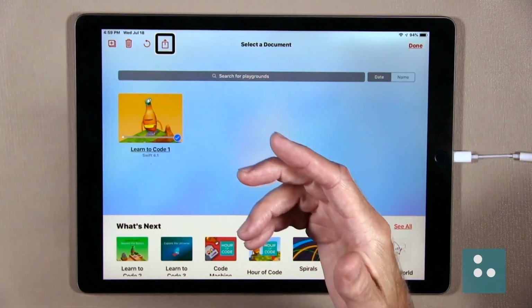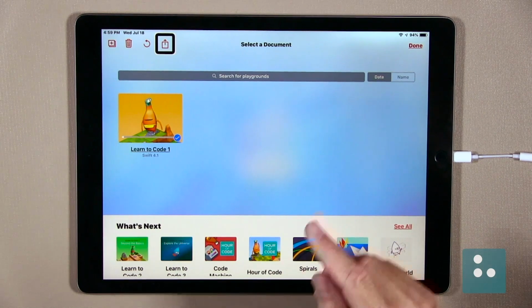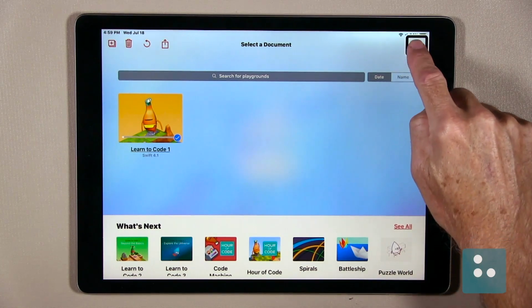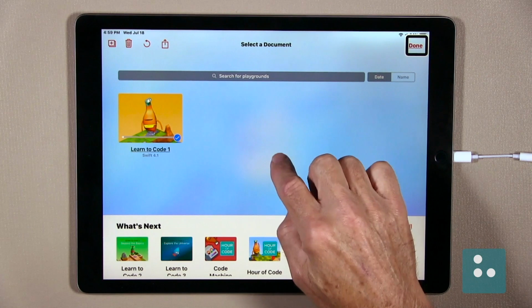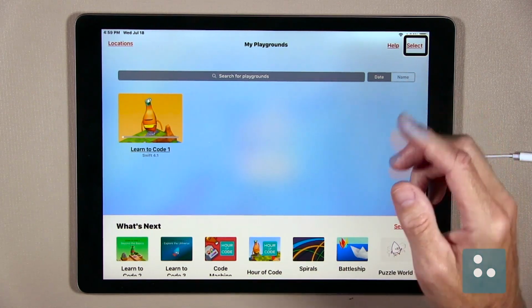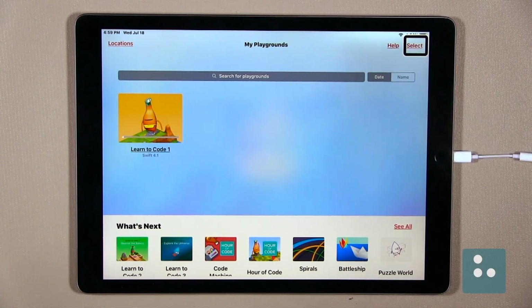And since we have finished checking them out, we'll just activate our Done button here in the top right-hand corner of our screen. So we'll just touch our Done button. Done button. And we'll just single finger double tap. Select. Okay, our Done button has turned back into our Select button. And hey, we're good to go.